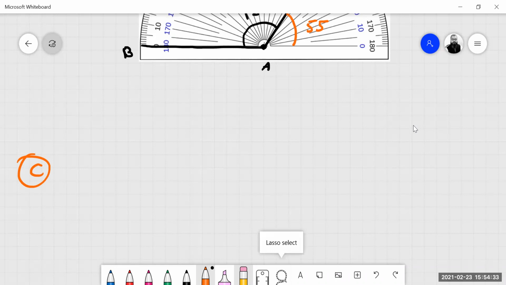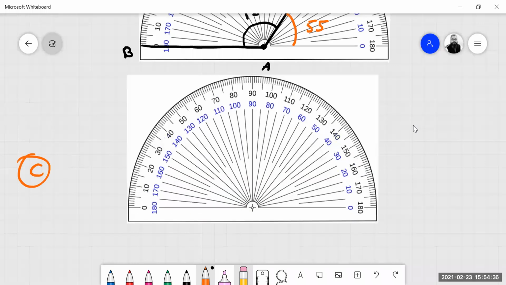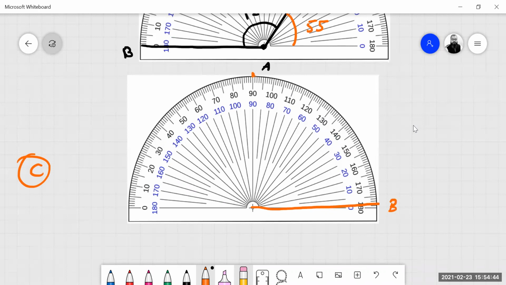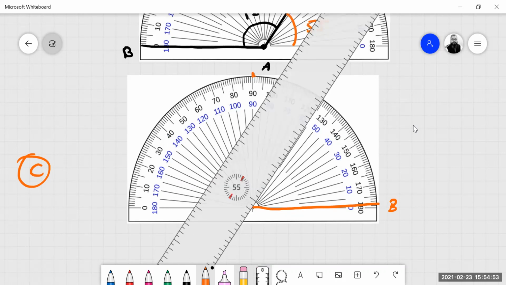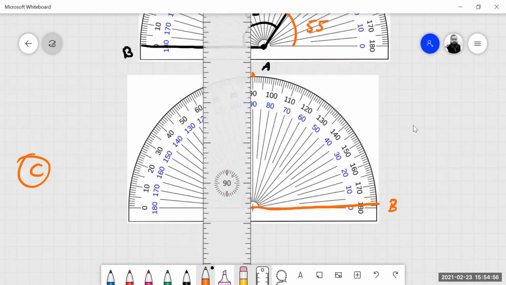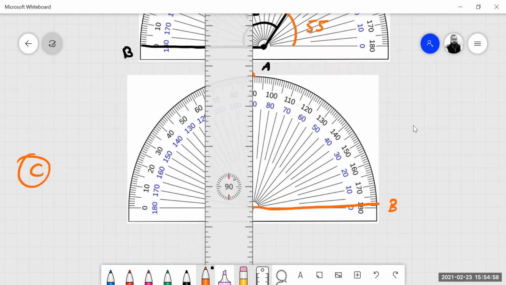Okay, now see the last one. 90 degrees, where will it be? It will be here at 90. From this point to this point, 90 degrees here. From this point to this point, both sides, 90 degrees is at the same place. So join these two points for the 90 degrees. Okay. Okay, inshallah, the remaining we will